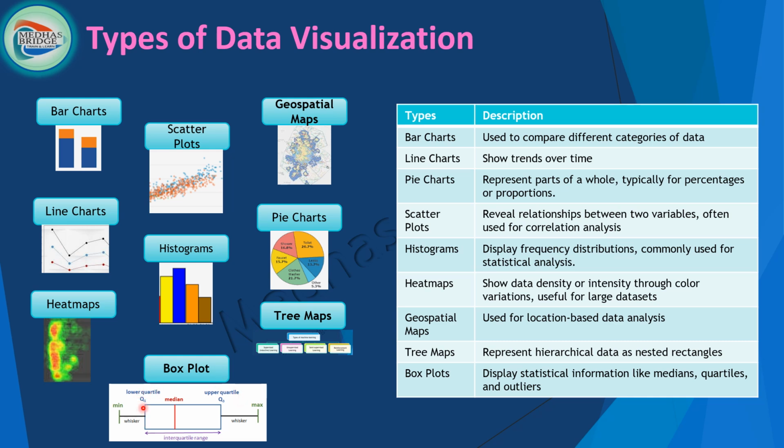Lower quartile is called Q1, upper quartile is Q3. The difference between Q3 and Q1 is known as the interquartile range. We normally consider the data within this, and the rest we consider as outliers. So we can study more on the statistical analysis part, but in today's conversation we